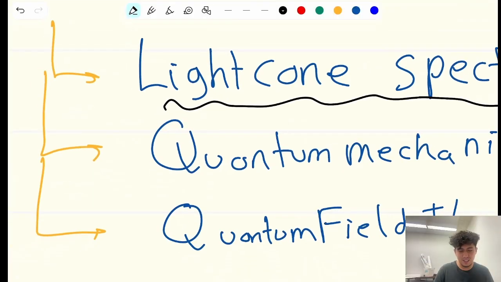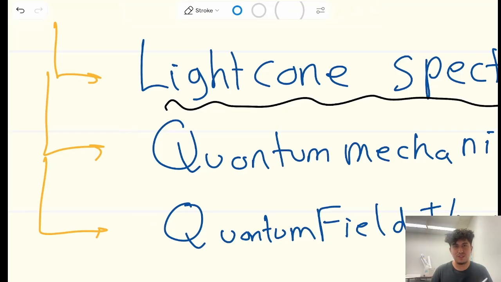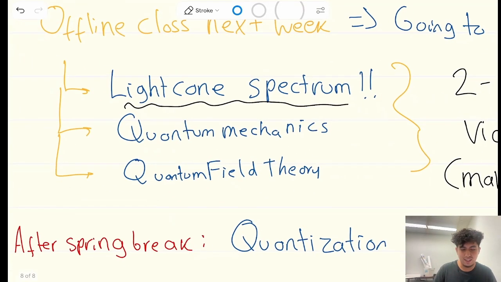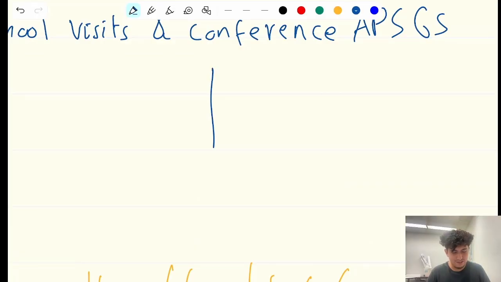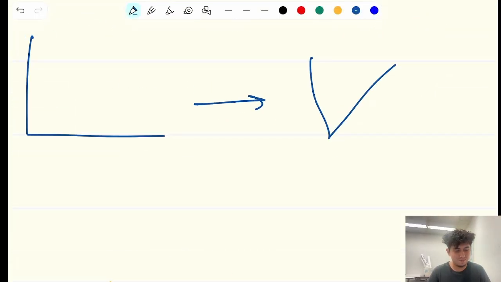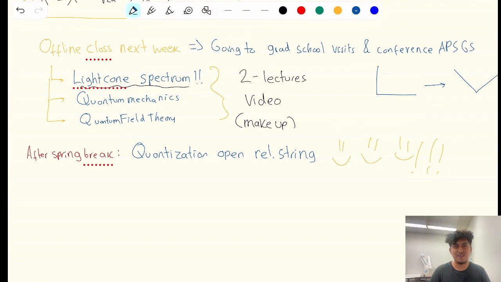If you have seen quantum mechanics, you can skip this part. If you had quantum field theory, I wouldn't recommend skipping this part because we're going to use different notation and we're going to work in the light-cone gauge, which essentially just means, so this is what the light-cone gauge means. Wait. I'm not going to tell you absolutely anything, just that. Cool. Okay. With that picture in mind,